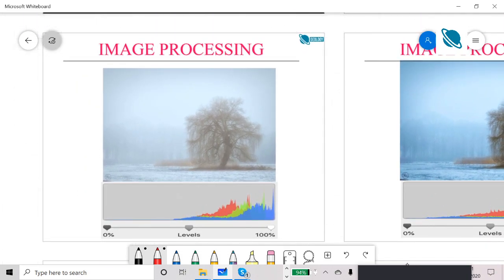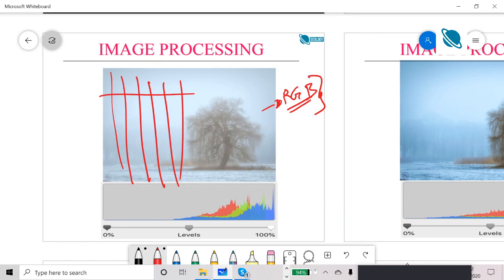Now this is quickly a few slides where you can show how an image is varying. So this image, if it is a color image, will be composed of three primary colors: red, green and blue, RGB, which is what you usually write. Even if you take pictures on your laptop or your camera, you can see image statistics in the form of a histogram.